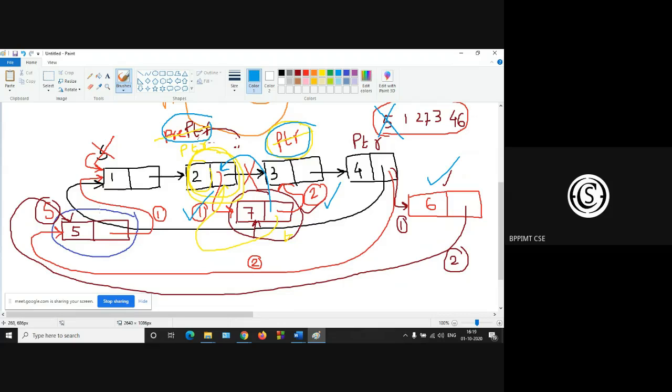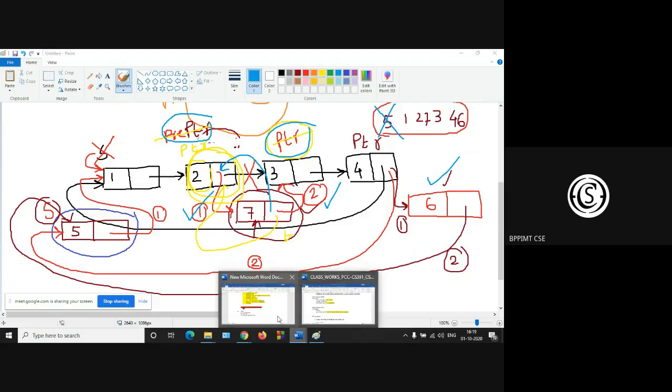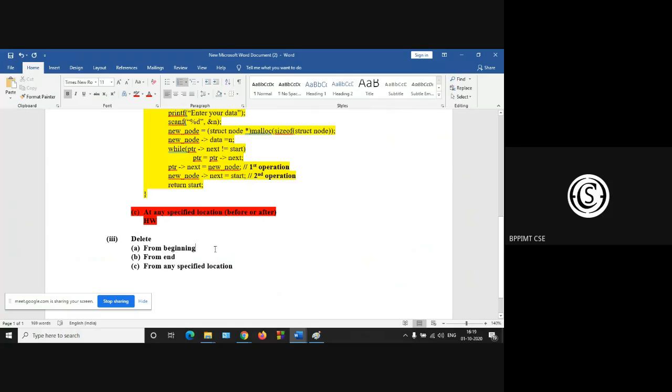Then free the start. And your second node, that is 1, is made start. So start is equal to PTR arrow next. So this is delete from beginning.